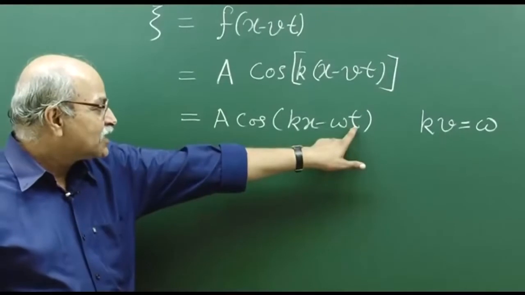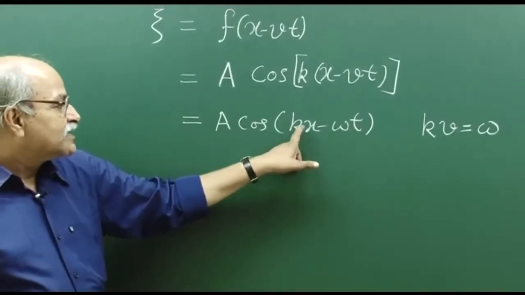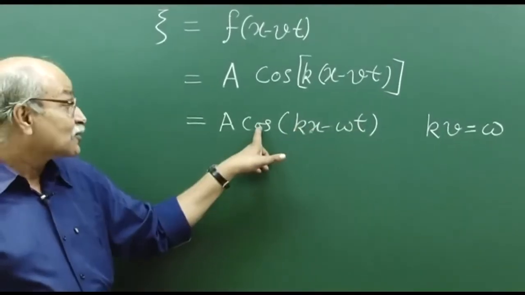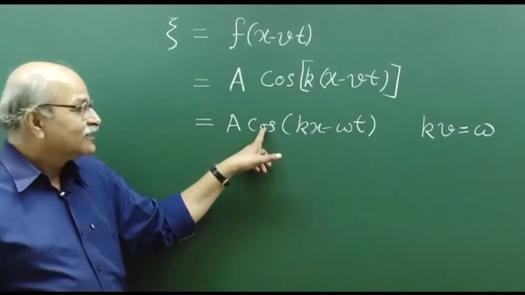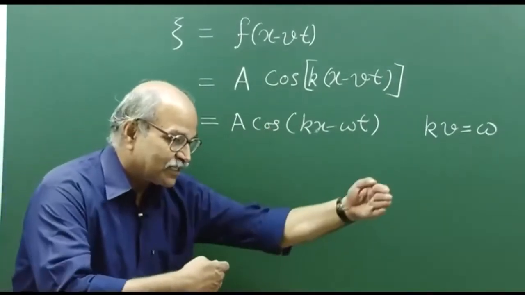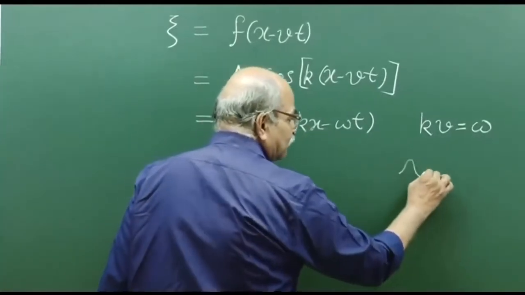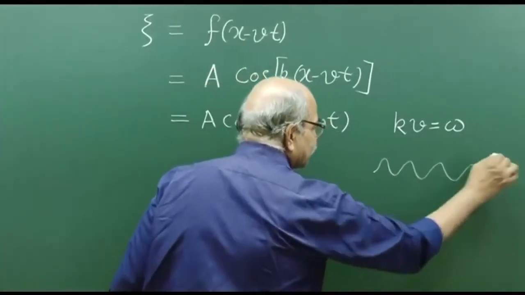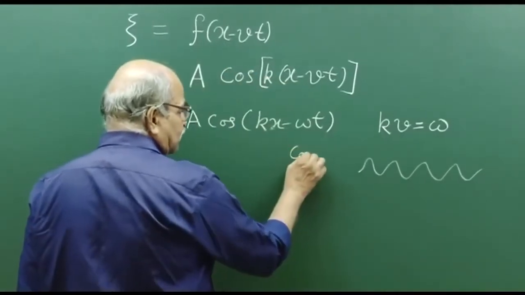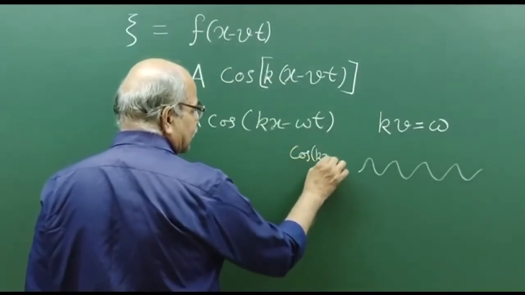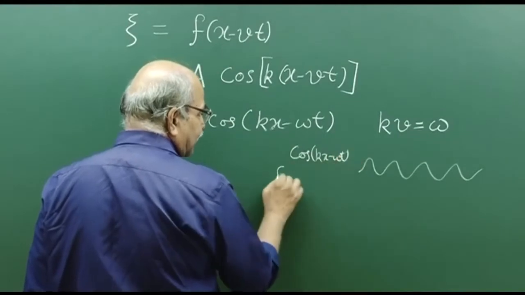At a particular instant, if you see, it changes with x, and that also is this cosine function. So you will have periodicity in the space, because of this cos function, if you plot cos kx minus omega t for a given t,